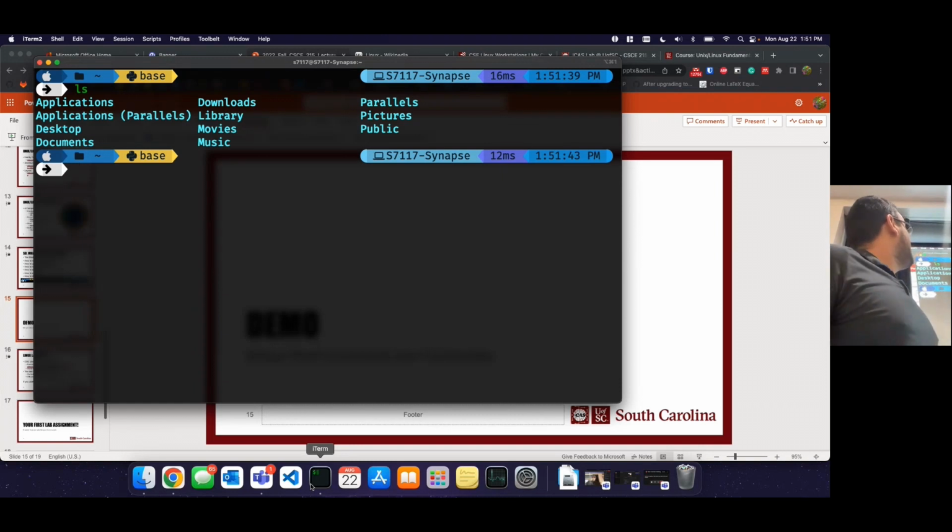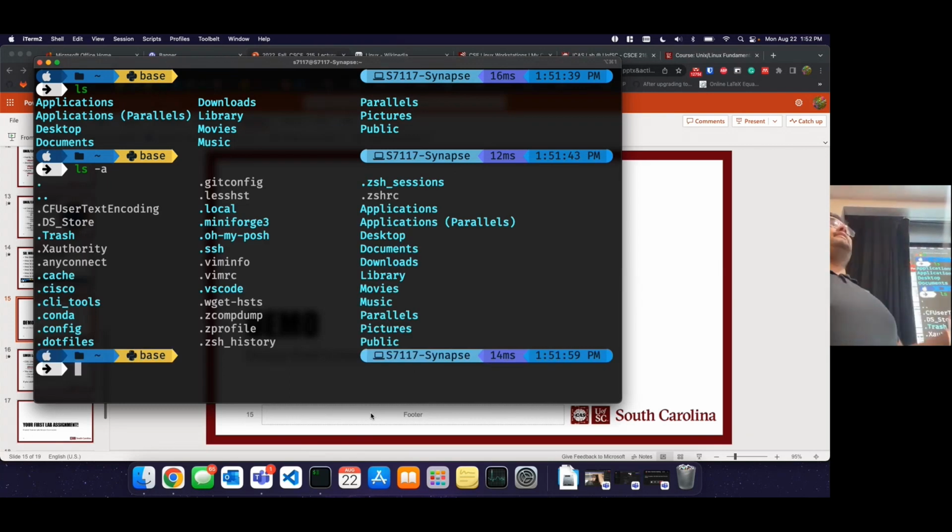Do ls, okay? If you know anything about Mac, these are all directories, right? You have your downloads directory, your library, movies, music, whatever. And if we do something a little more complex like ls -a, oh, there's more files. They're hidden. They start with a dot. This will be a recurring theme.